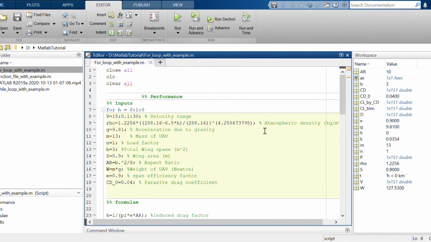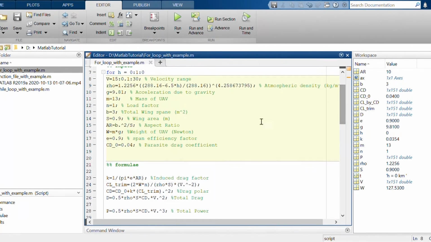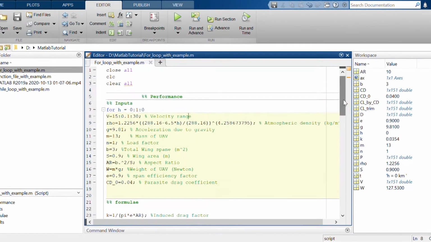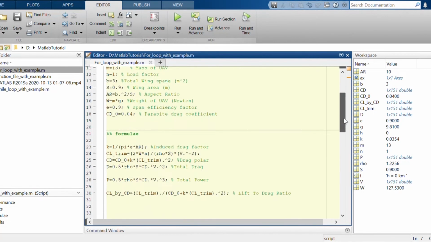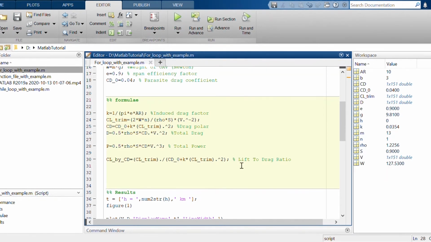Suppose you have written this program and you are using a for loop, and notice that I am putting a dot. Just remove this dot, press backspace, and you will get an error.